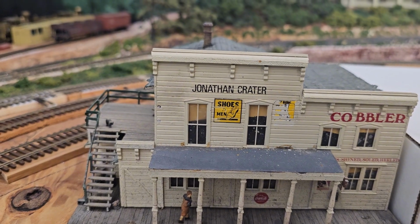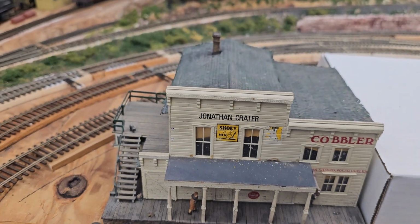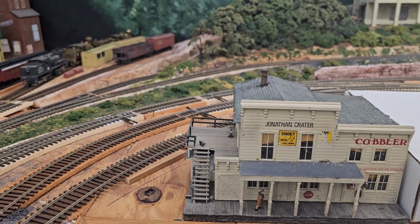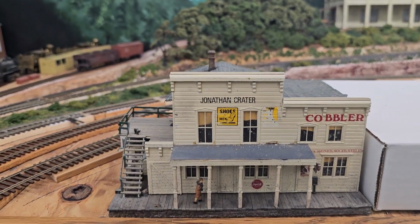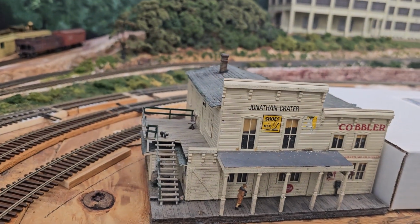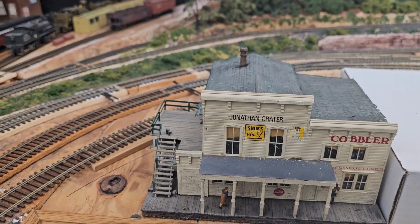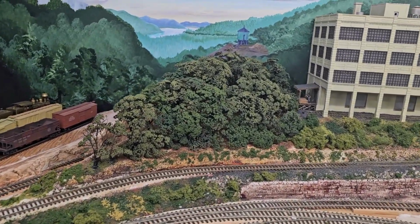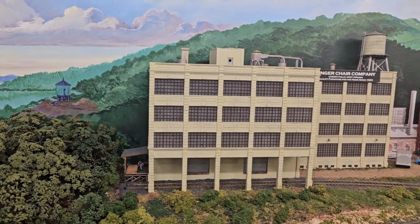Jonathan Crater, did you scratch build this one? No. I've never seen this. That came from Jeff Grove? No, I know Jeff. I'm having a senior moment. That's okay. He just tore his layout down as he's moving down to Norfolk, Virginia. And this big Linger Chair Company, that's a kit bash from the Walthers